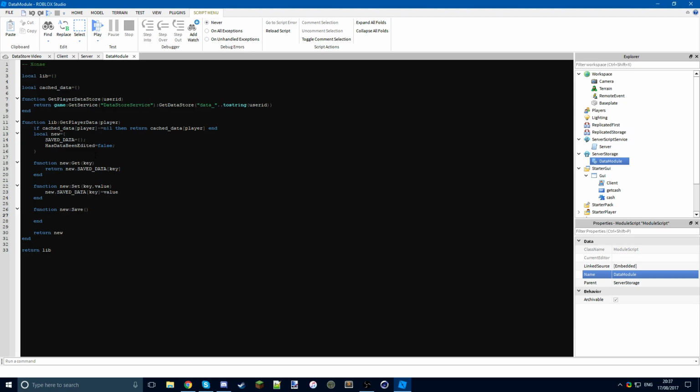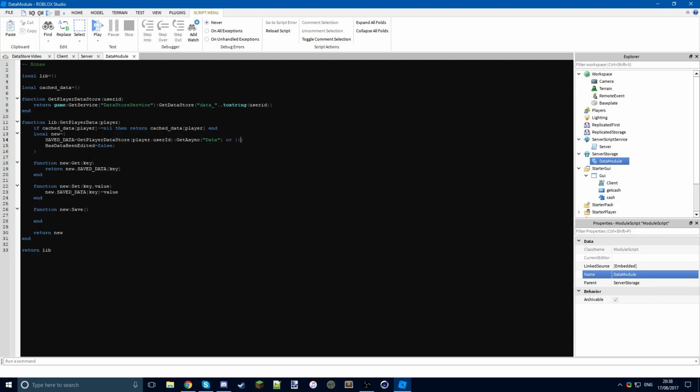Now this will yield, which means it will pause the current thread until this function is finished. It saves the player's current data to the data store. So what will change here actually is get player data store, player.UserId, GetAsync data,